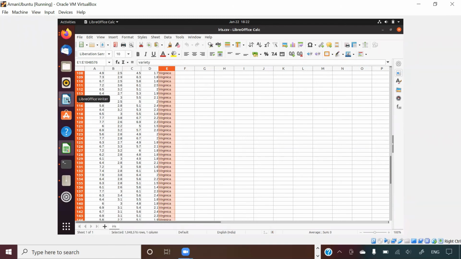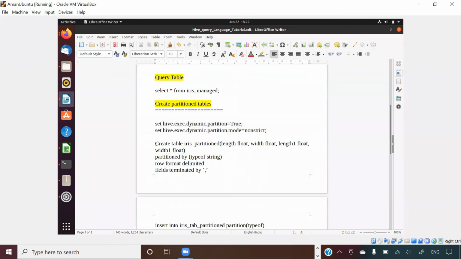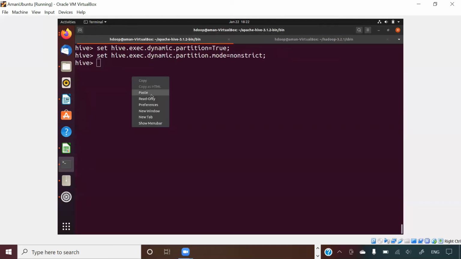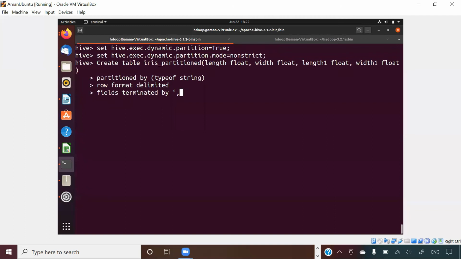So I will just copy this command here, and I want to create a dynamically partitioned table on that particular column. So I'm saying partitioned by. Which column do I want to use for the partition, guys? The type of the flower, which means the last column. I'm pressing enter. So this partitioned table has been created.